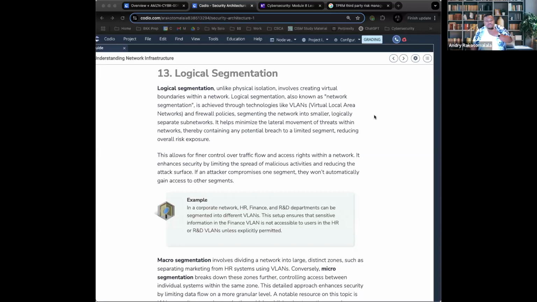Now, keep in mind, there is also something called micro-segmentation. Micro-segmentation is if you take that department and you have it on its own VLAN, and then you break it down even further into smaller sub-network sections. It would be, for example,